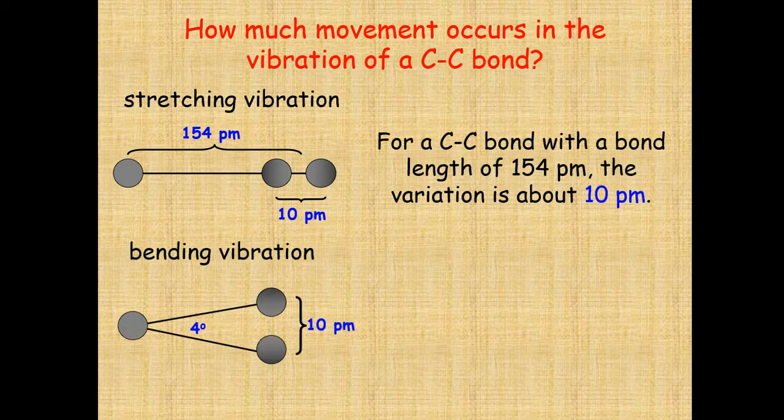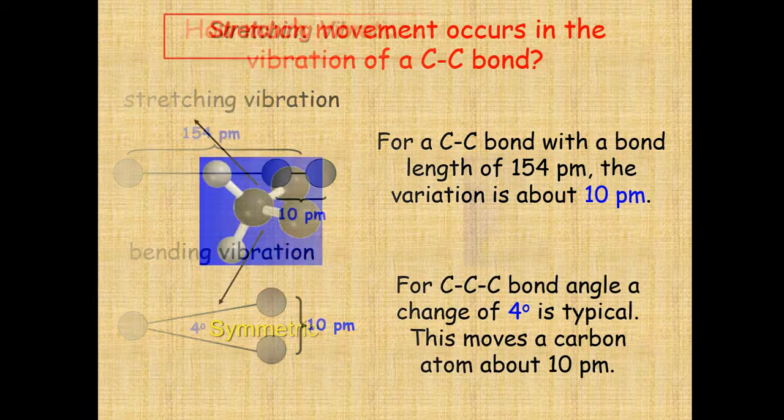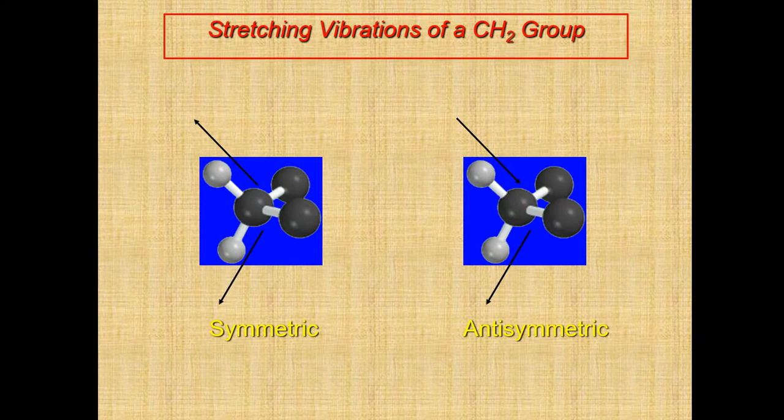If there is a bending vibration, bending means there is a change in the bond angle. How much does the bond angle change? If you consider a 4 degree bond angle, then the change will occur up to 10 degree. So we'll see the vibrations.